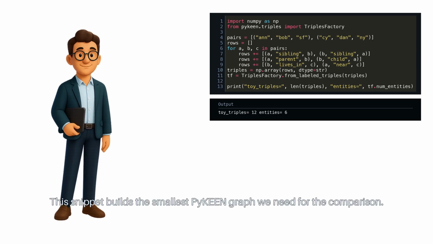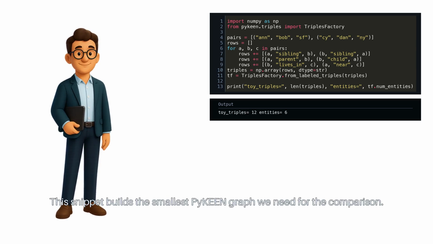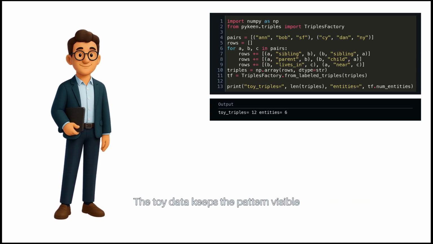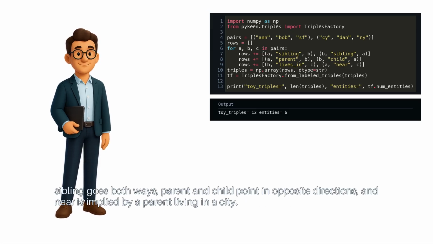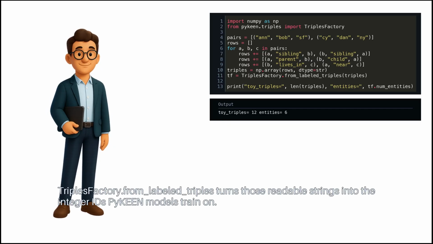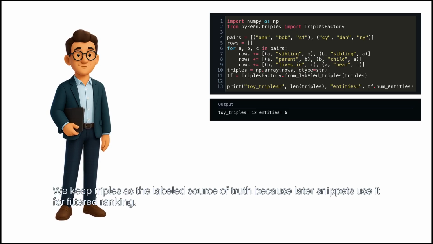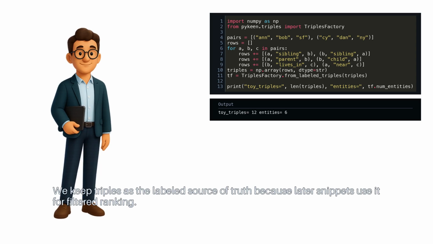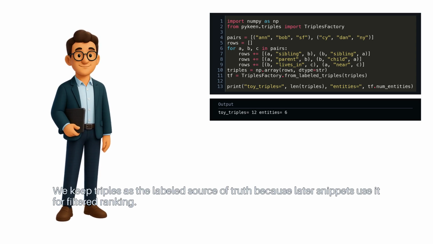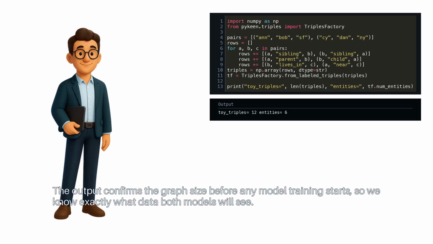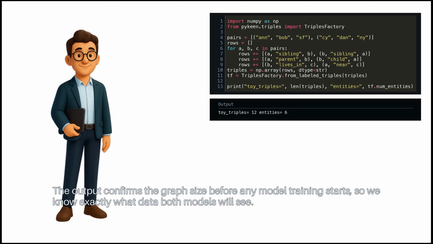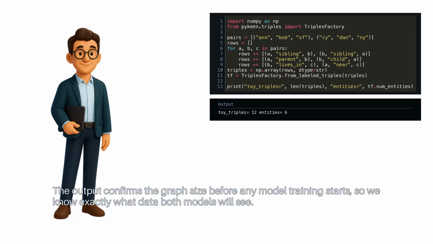This snippet builds the smallest PyKEEN graph we need for the comparison. The toy data keeps the pattern visible. Sibling goes both ways. Parent and child point in opposite directions, and near is implied by a parent living in a city. TriplesFactory.from_labeled_triples turns those readable strings into the integer IDs PyKEEN models train on. We keep triples as the labeled source of truth because later snippets use it for filtered ranking. The output confirms the graph size before any model training starts, so we know exactly what data both models will